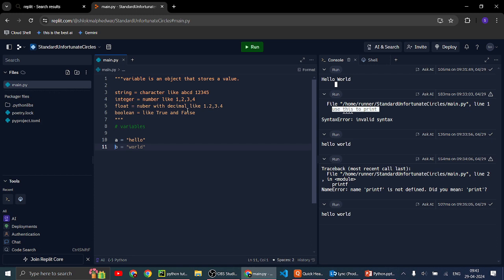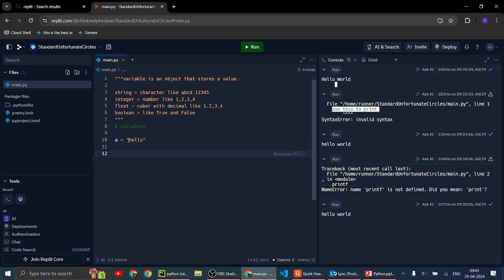Okay, so here A is the name of the variable and hello world is the type of the variable. Here it's in characters, so we can say it's a string variable.